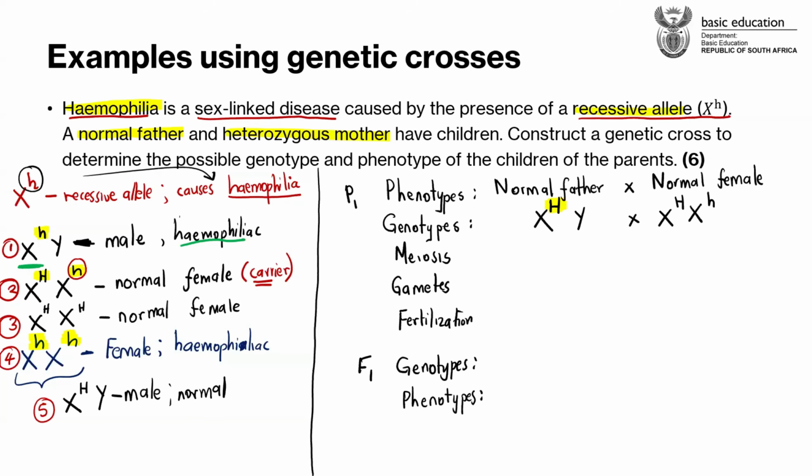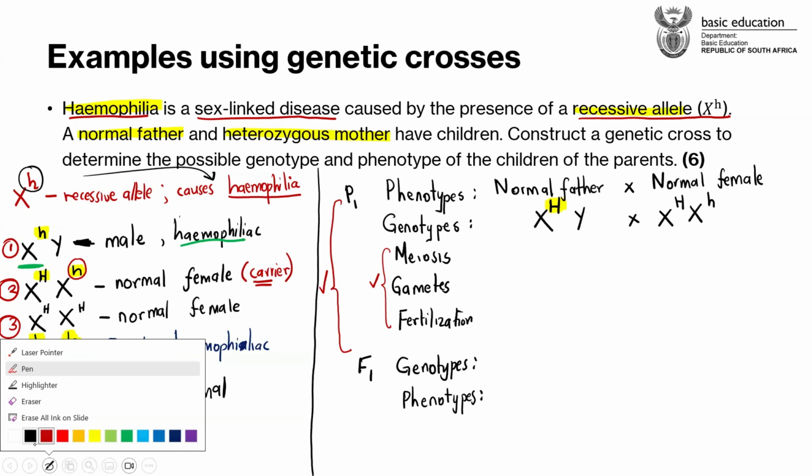Yes. Write all these first before you even complete your course, so that you can at least get the compulsory marks first. You guys already know where the compulsory marks are, right? You know that this P1 and this F1 is a mark, and then we have this combination: meiosis, gametes, and fertilization. It's a mark itself, right? So now, having this, guys, all you have to do is just complete the cross.